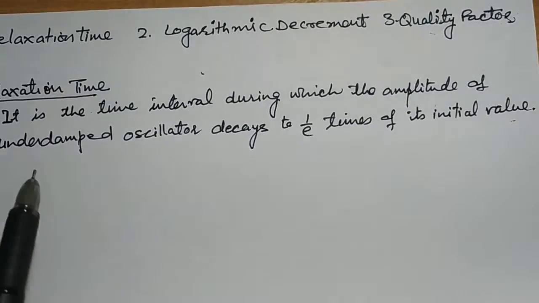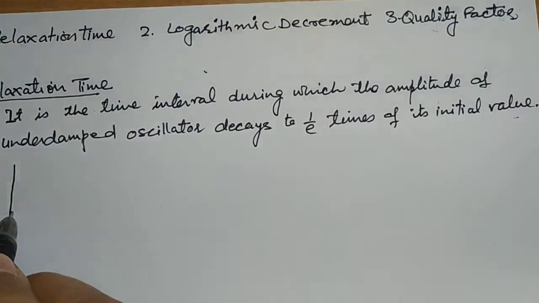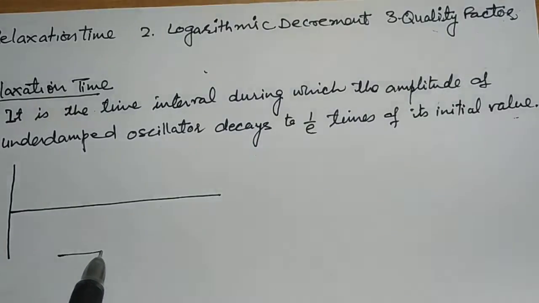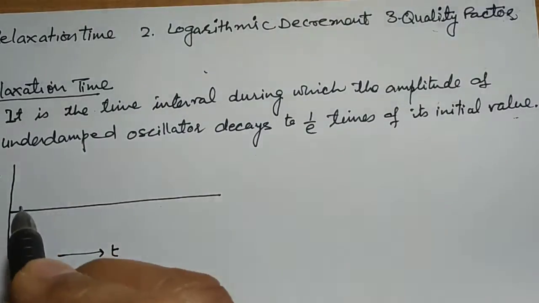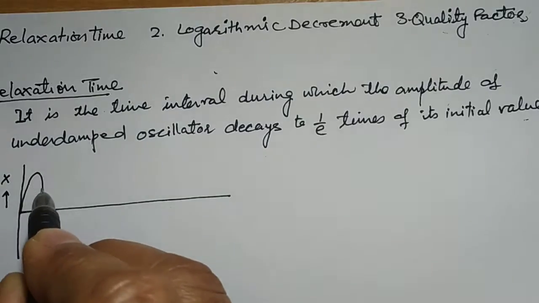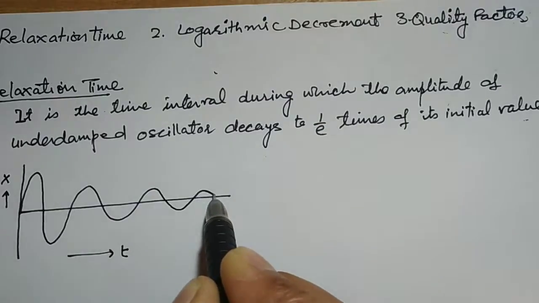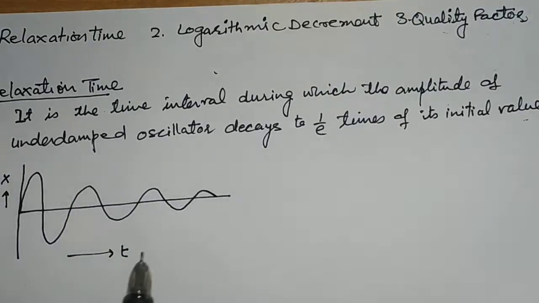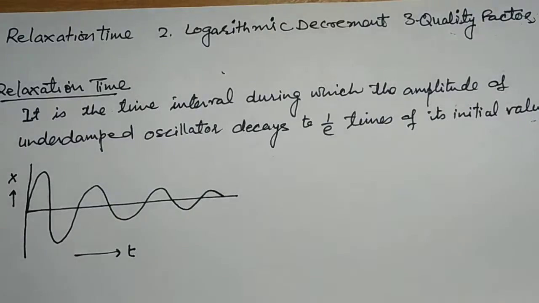The behavior of underdamped oscillator can be shown by diagram. This side we plot time and this side displacement, and the behavior of underdamped oscillator is like this. This diagram shows that the amplitude continuously decays with the passage of time. So in such case, if we take that at a certain time t,